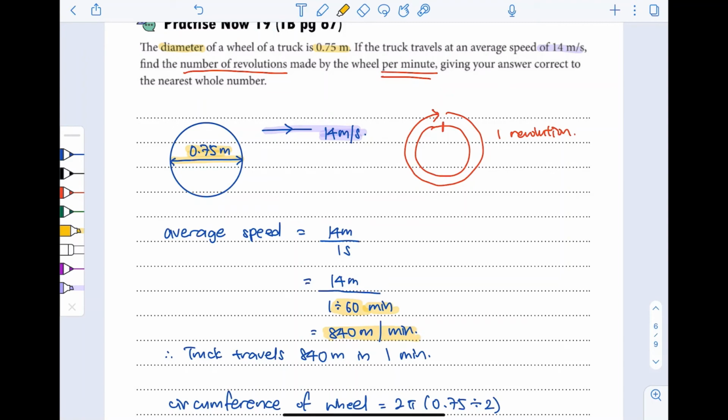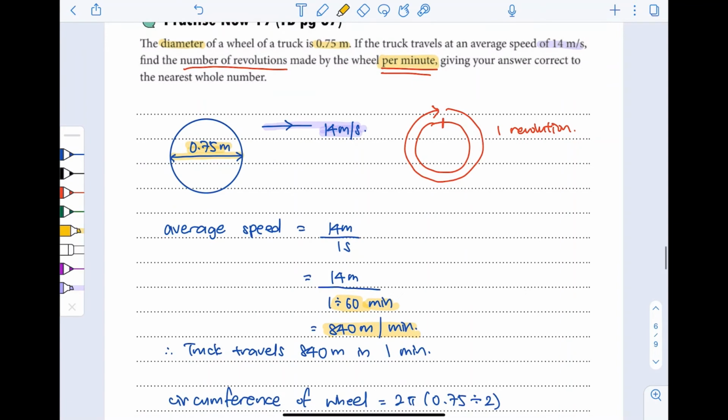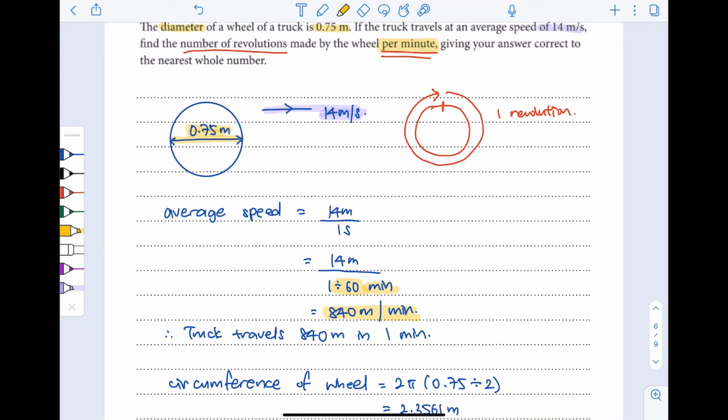Why is it that we are doing this? That's because in my eventual answer, I'm trying to find the number of revolutions made per minute. So what we understand about 840 meters per minute is that the truck actually travels 840 meters in 1 minute. So let's try to imagine the journey of the truck itself. Imagine this is the wheel of the truck. If it goes in an entire cycle, one entire circle, what this means is that on the floor itself,